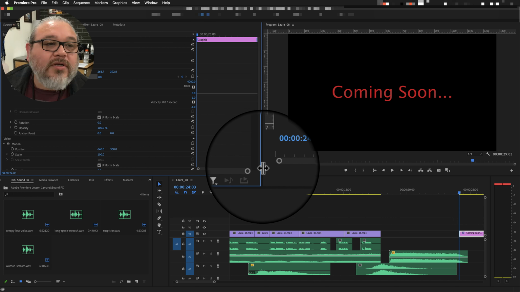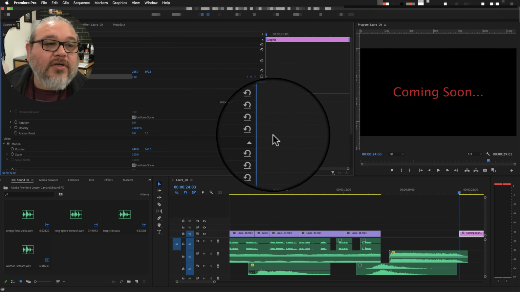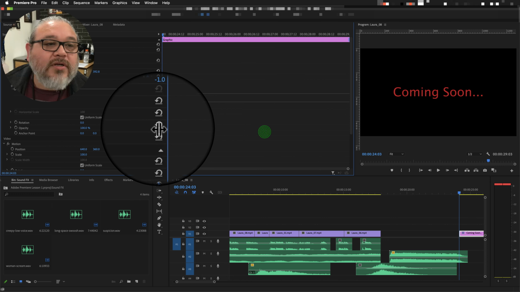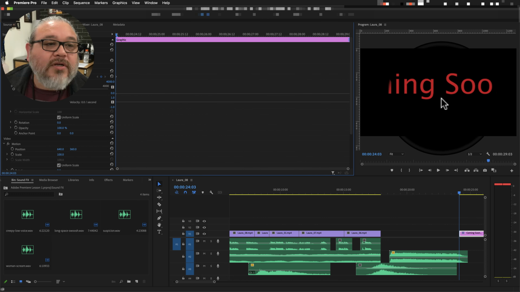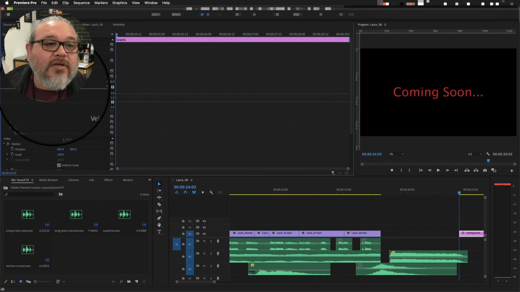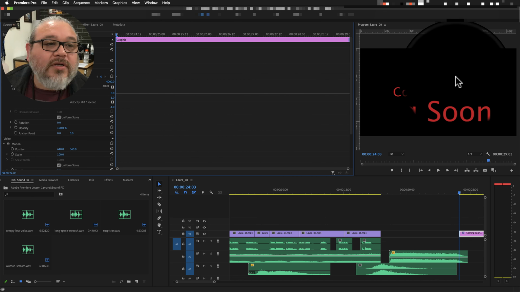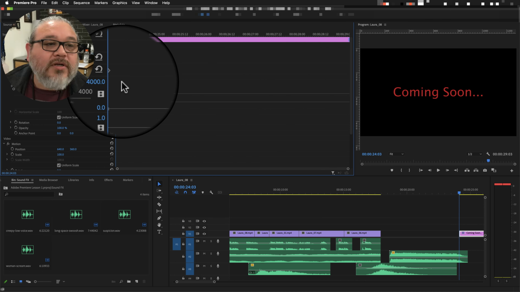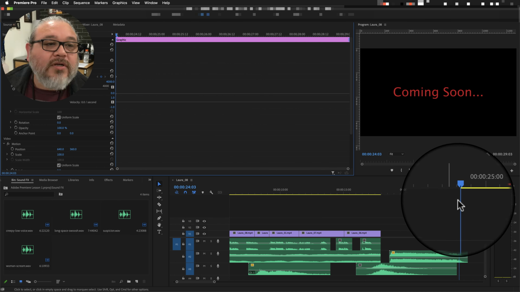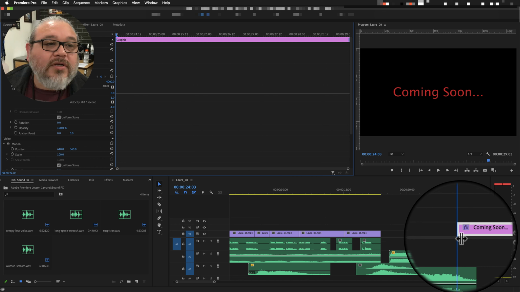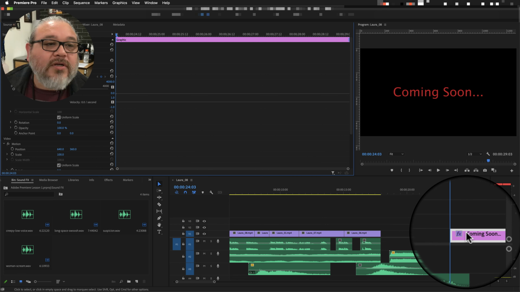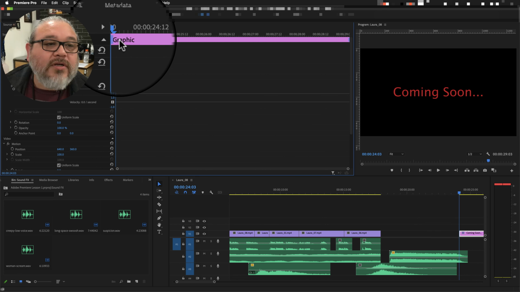And I'm going to open this up so you can see the timeline, right? And this is where you work in 3 places. This is where you make an adjustment, okay? When you're working with animation, you work in 3 places. You make the adjustments on this left panel. On the center panel is your keyframe timeline. And of course, here is your program window. So at the beginning of where we're at, and if you looked over here at the timeline, at the beginning of this playhead, where it says coming soon, it's at the normal